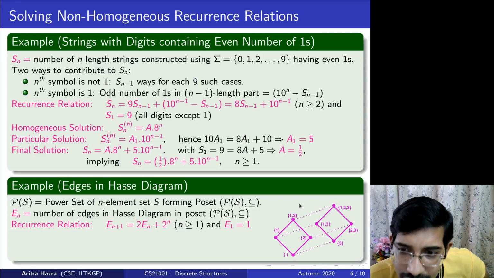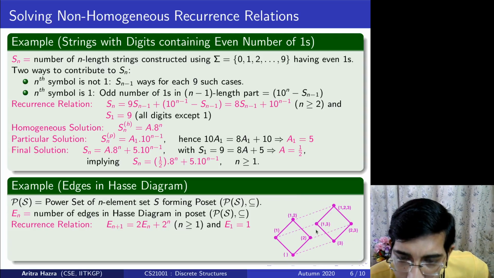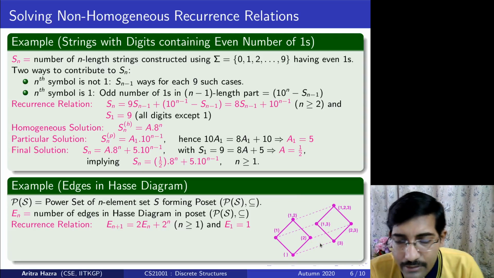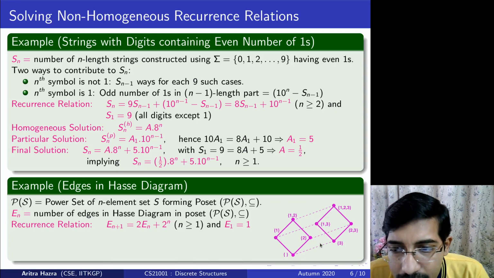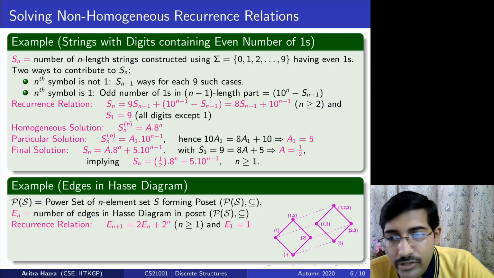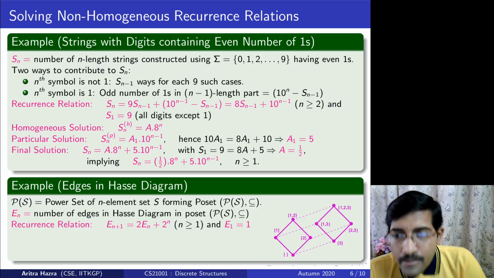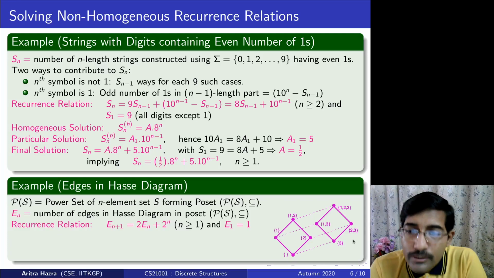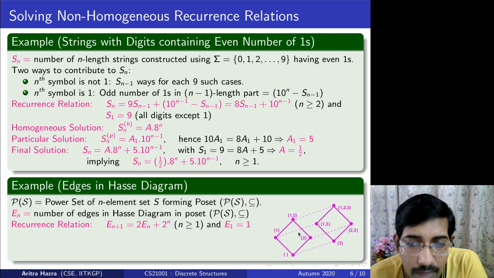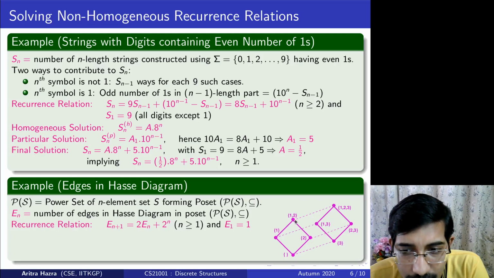For an n element set, if I divide the subsets of the power set, some subsets will contain n and some will not, so the power set will be fragmented into 2 equal parts, and you can find that there will be exactly one edge possible